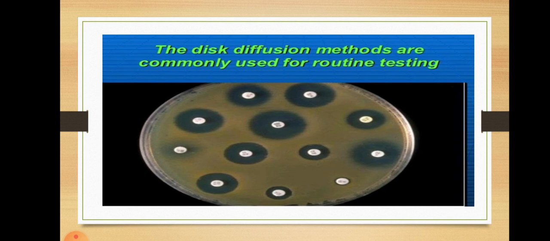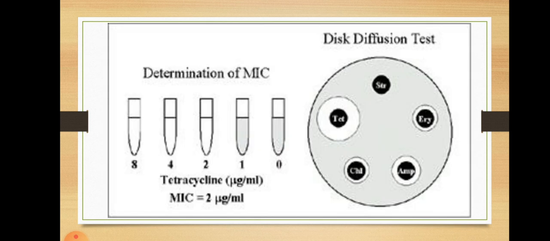The most familiar one is the disk diffusion method, wherein antibiotic discs are placed on a lawn of bacterial culture and incubated for 24 to 48 hours. After that, we can see the sensitive bacteria forming a clear zone, and this zone can be measured. The diameter of the zone determines the degree of sensitivity of each microorganism to a particular type of antibiotic.